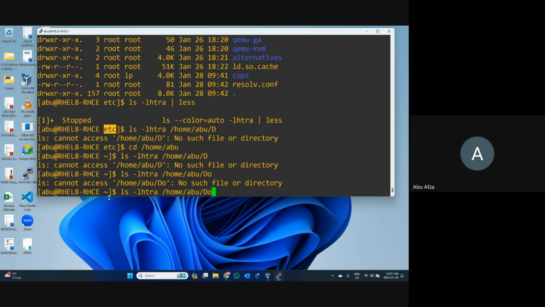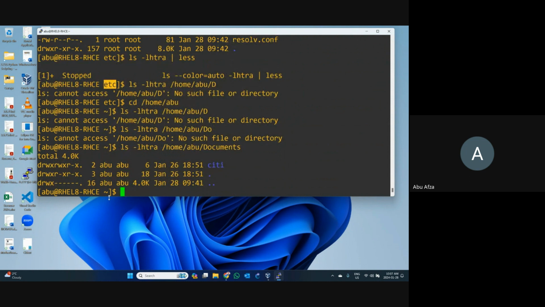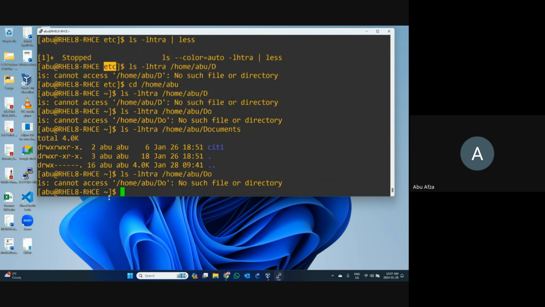Okay, let me check another thing. Documents. Okay, now I can see, but why can I not see that one? It should work, but it's not showing. Like if you write DO, no such file. Okay, I cannot see that one. Maybe they changed the version, or maybe I wrote something wrong.